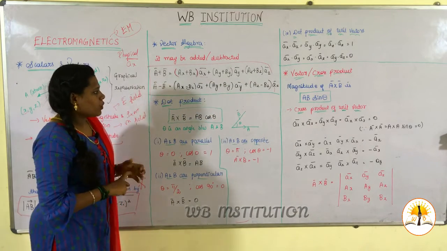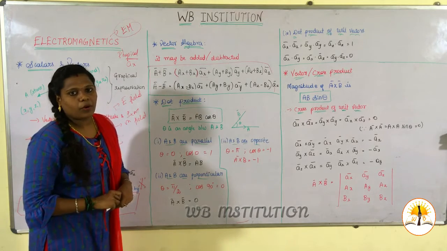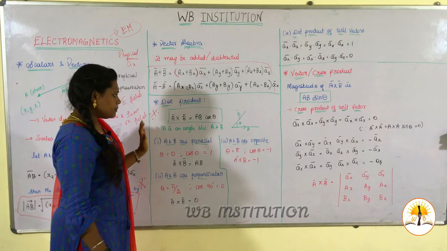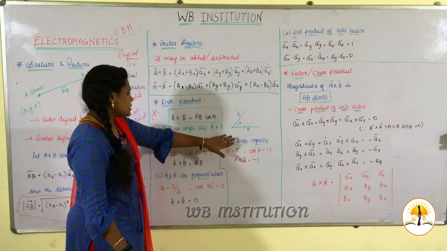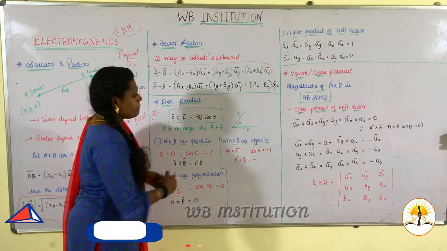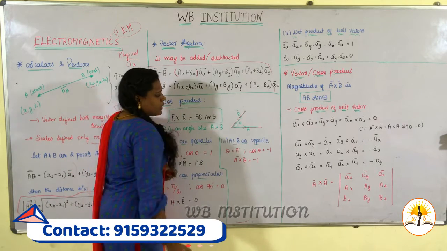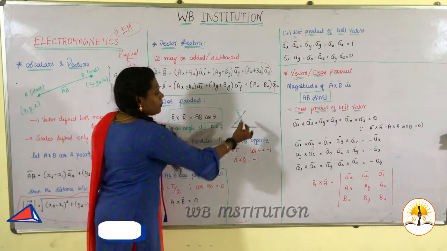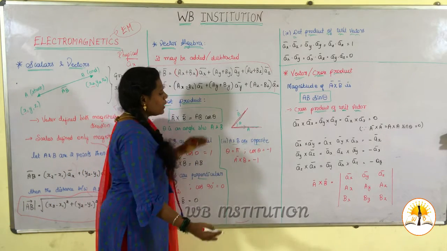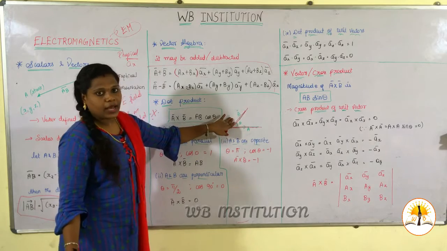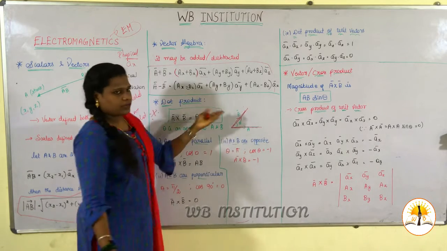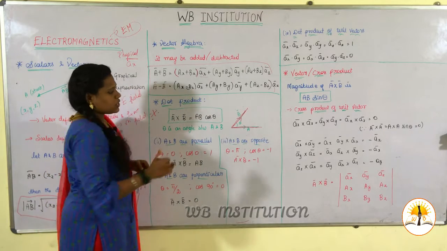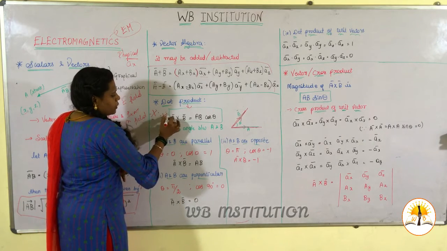Then coming to the dot product. Dot product and cross product are very important concepts. First we'll see what the dot product is. Take this example in a diagram. A is a field that carries along in one direction, traveling in a plane that is proportional to the propagation of another field that exists in the other plane. So A dot B, just what we took as vectors, equals AB cos theta. This is your dot product formula, which is very important.